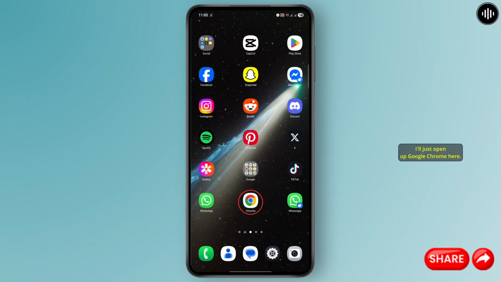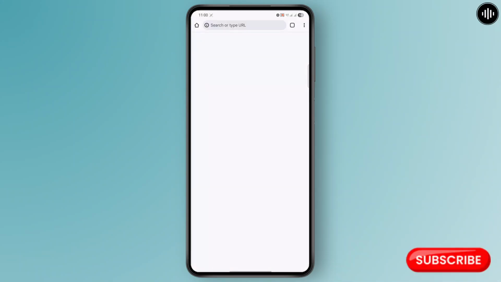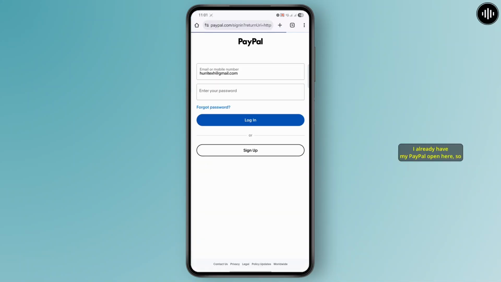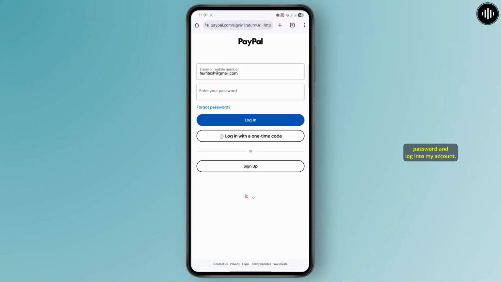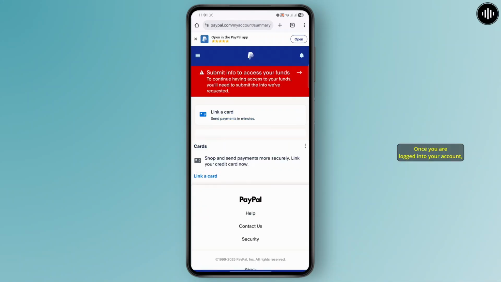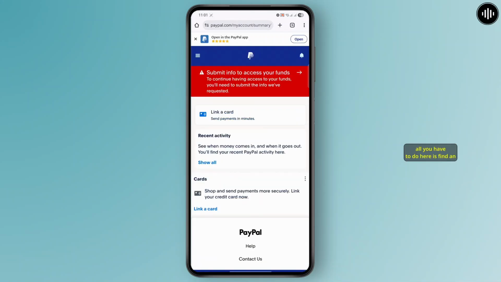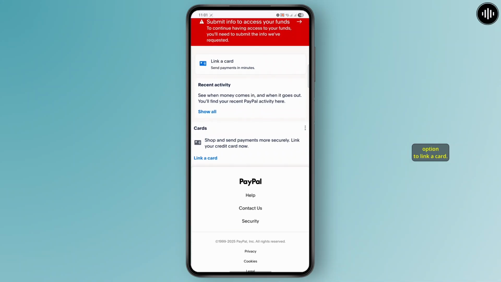I'll just open up Google Chrome here. And all you have to do is just search for paypal.com. I already have my PayPal open here, so I'll just enter my password and log into my account. Once you are logged into your account, all you have to do here is find an option to link a